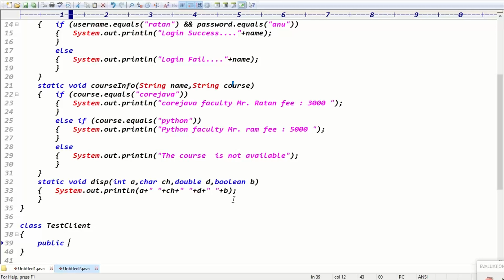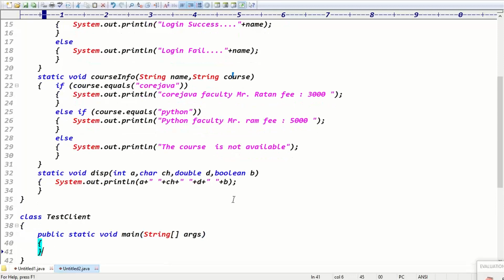In a test client, you can define the main method. Generally in Ameerpet classes, they write the main method also in the same class, which is not recommended, guys. Everything in a single class is not good. Always try to write the code with multiple classes. Don't write the code with a single class scenario. That's a better option.